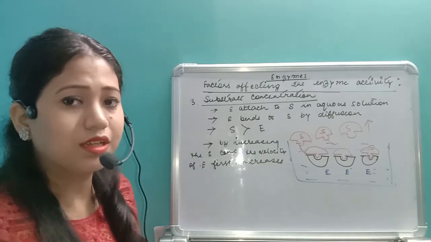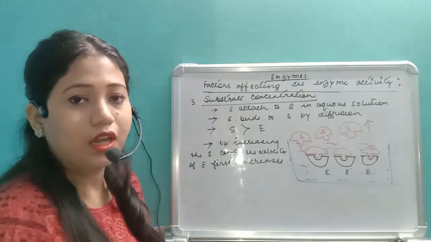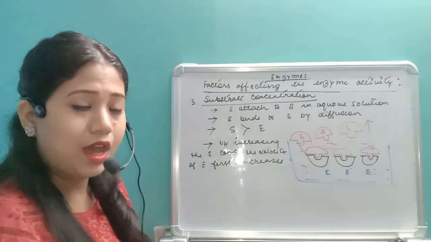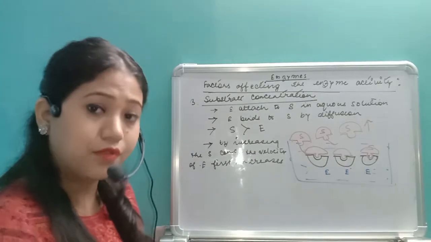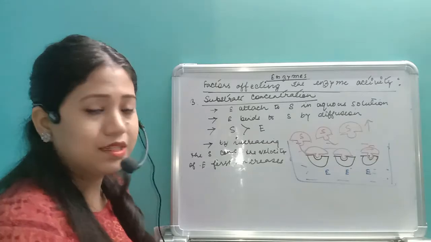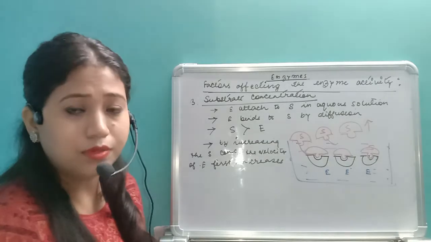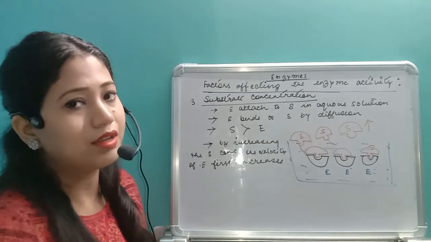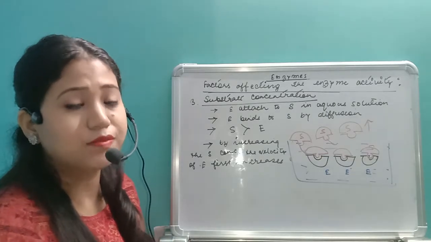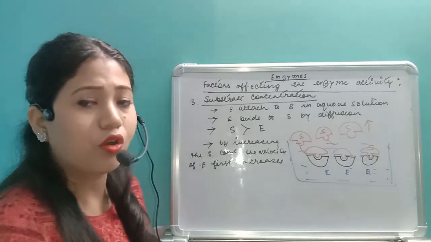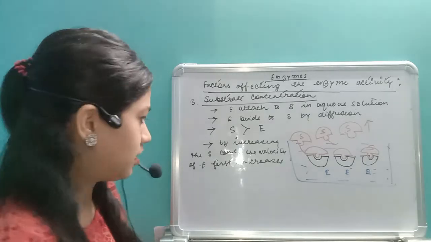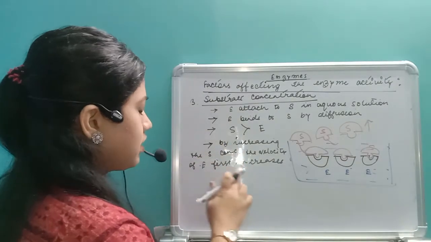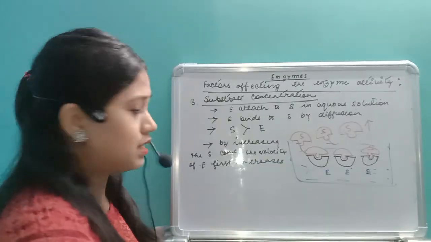What we were discussing in the last part of the earlier video is that first of all we need to increase the substrate, and whenever we increase the substrate, the velocity of the enzyme increases. But at one period of time, whenever the substrate concentration is further increased, the velocity of the enzyme remains constant and it has already attained its maximum velocity. Okay, so here we have written: by increasing the substrate concentration, the velocity of the enzyme first increases,